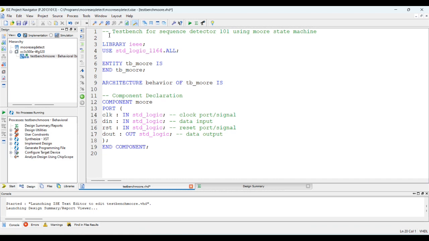I'm going to end the component here. So I've declared an architecture and I've given the components. I've declared a component named Mure, and I've declared the ports for the components, and I've ended the components. Now what I have to do is